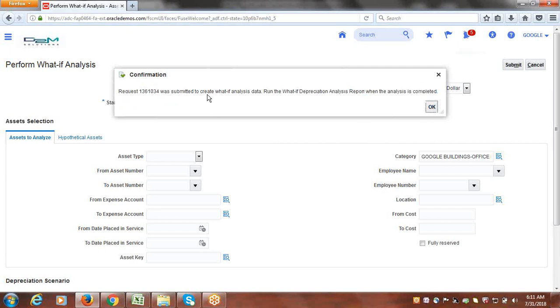Now it will trigger the job and it will generate the report. So the request was submitted to create what if analysis data. Okay, run the what if depreciation analysis report when the analysis is completed. Okay, so this report we have to run after the analysis is completed,